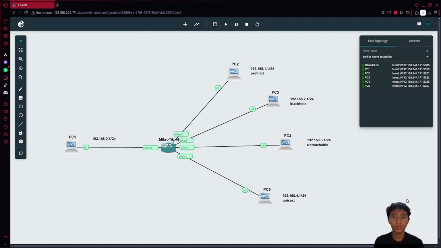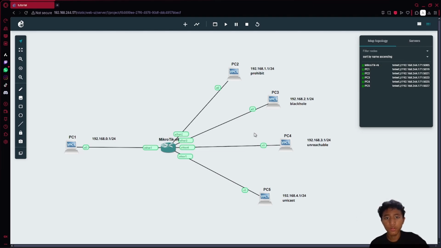Black hole means that the packet is silently shut down and cannot be sent. Next is prohibit, which means that the packet cannot be sent and gives an ICMP message that the packet is blocked or prohibited.